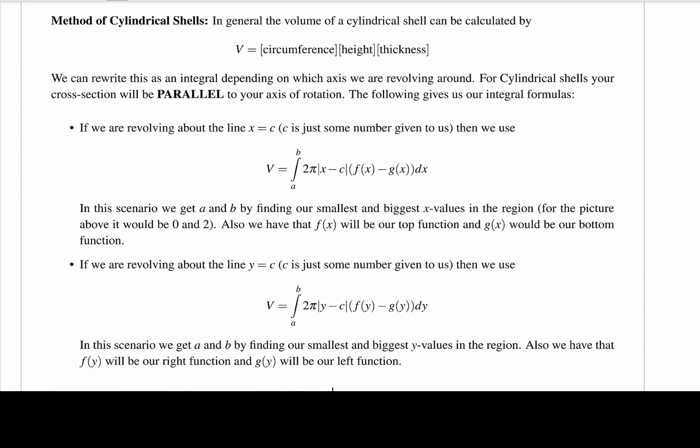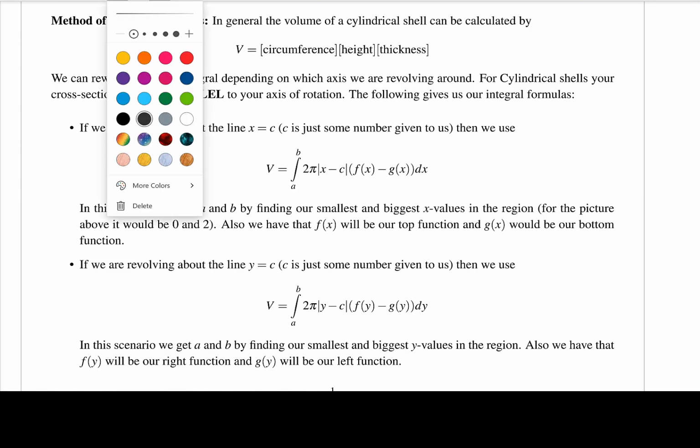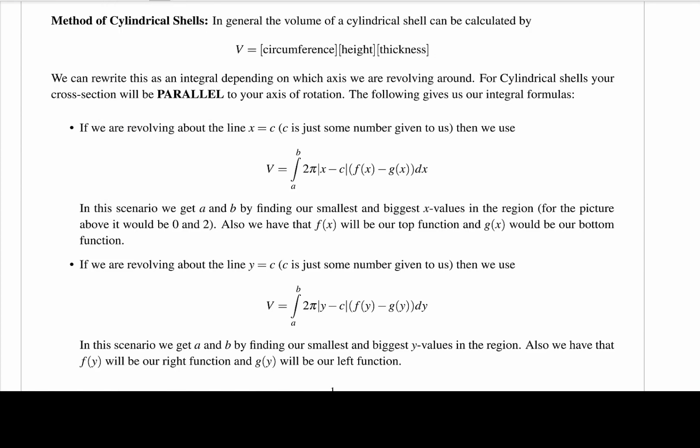And this is something I want to make very important: for cylindrical shells, your cross section, your slice, will be parallel to your axis of rotation. Then we can start looking at what the integral formula is. If you're revolving about the line x equals c, and what I mean by that is a vertical line that we're revolving about,